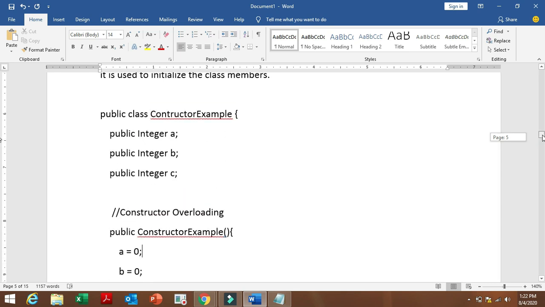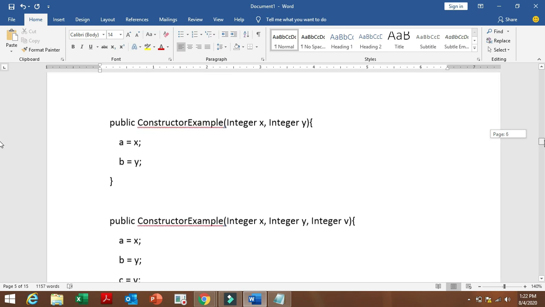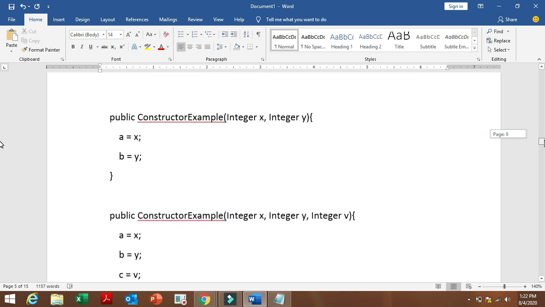If you observe this, here the class name and this method name are the same in the constructor. Okay, this is the same.